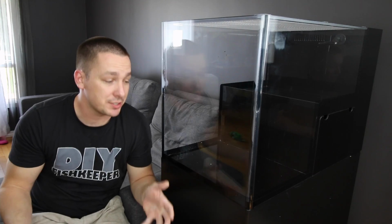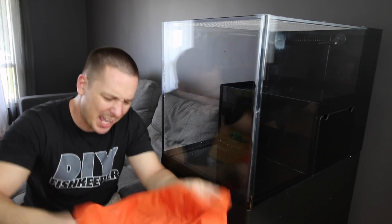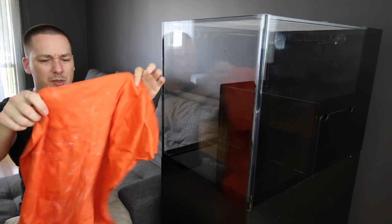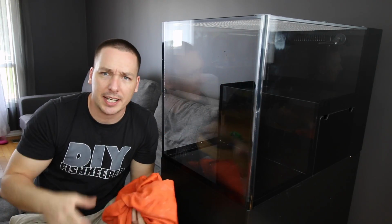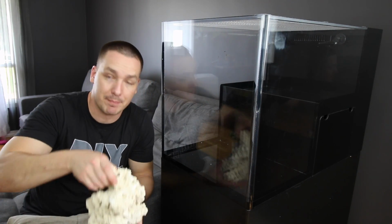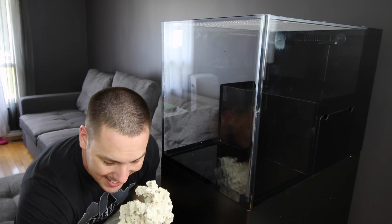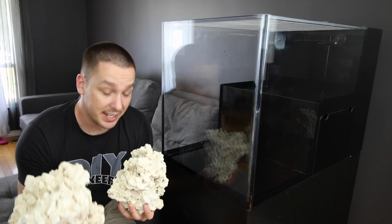I'm going to be able to aquascape the tank and get it exactly as I want to get it before I move any further. Now I have kind of been playing around with aquascaping, but for the most part I've been putting in some old pillowcases to protect the acrylic and then piling in some rock here and there. The first thing that I realized that I needed to do is I'm going to have to reshape a lot of this rock. Like I said, it all came in boulder sizes, which would be great for a regular typical